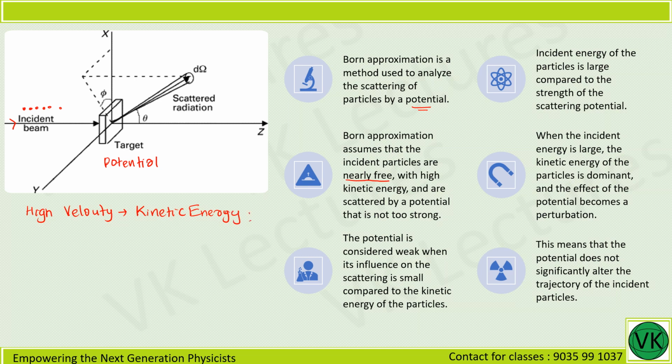Okay, now with high kinetic energy, the particle is scattered by this given potential, and this potential has to be very low and not too strong, so that it can scatter very lightly. The scattering should occur very lightly. The potential is considered weak. This given potential is considered to be low or weak, so that the influence on the scattering